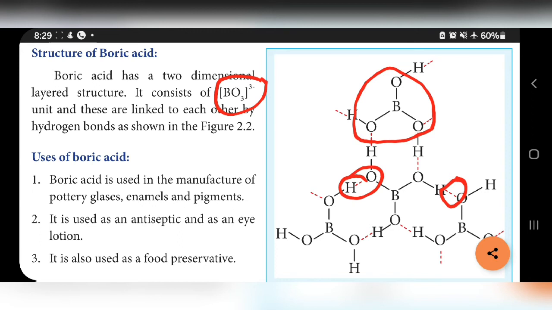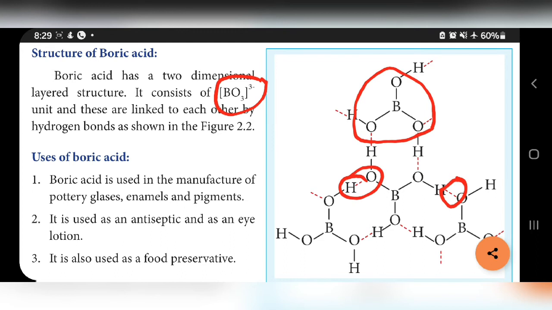So, boric acid consists of BO3 3 minus units. This unit is linked by hydrogen bond. This is the structure of boric acid, and uses of boric acid are also given. Boric acid is used in the manufacture of pottery, glasses, enamels and pigments. So, it is used in industry for manufacture of pottery, glasses, enamels and pigments, and it is used